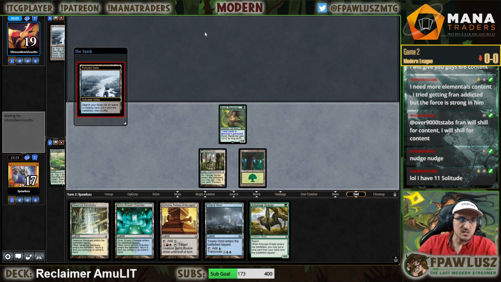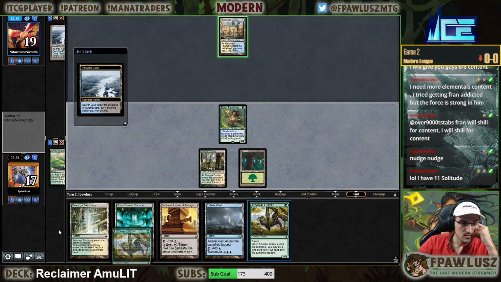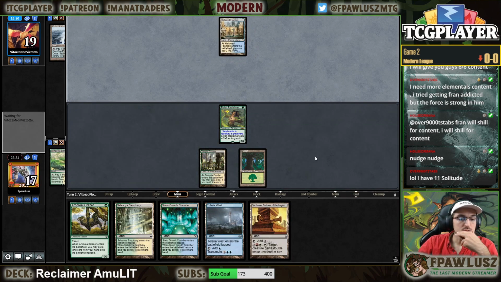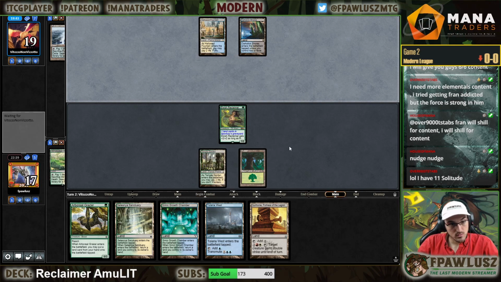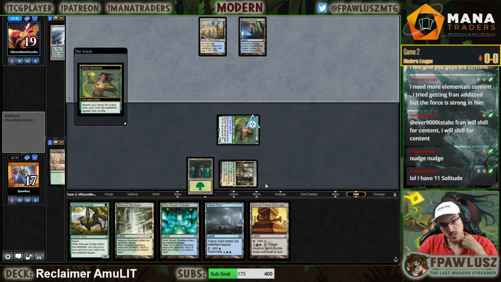I'm doing that right now in case they actually do have Fatal Push, although I guess if they did have Push, they would have just killed this main phase, so... Grazer's not an awful draw, by the way. Grazer is not an awful draw. I mean, if they're just gonna be doing nothing... I mean, they can't win as long as this is on the board. They don't know that that's the case, but...